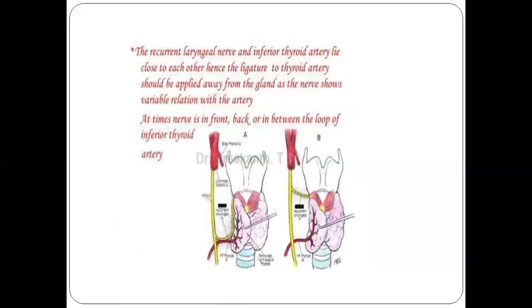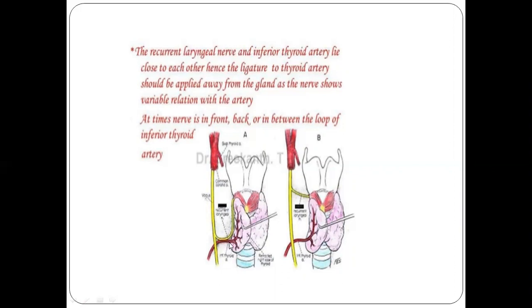So this is the recurrent laryngeal nerve. Sometimes it is very close to the inferior thyroid artery, and sometimes it is a little bit far away. So the recurrent laryngeal nerve and inferior thyroid artery lie close to each other, hence the ligature to the thyroid artery. During the removal of the thyroid gland, the surgeon puts a ligature over the